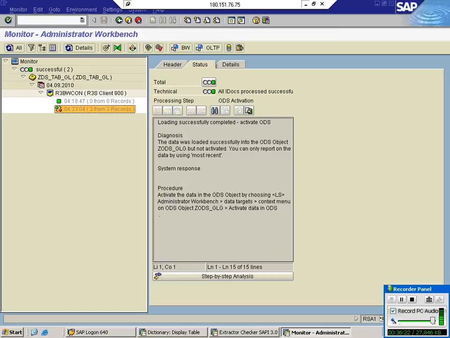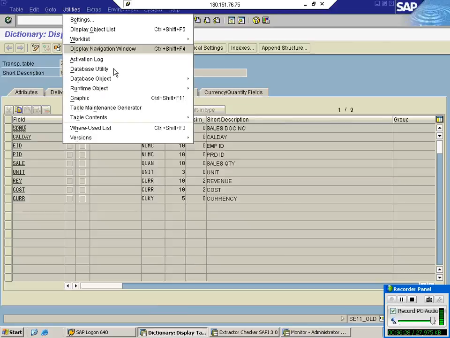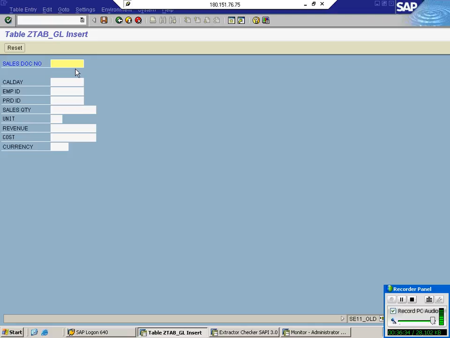Right. So now I need to run deltas. If I want to run delta, what is delta? A change in the source. So what I'll do is create a new entry.